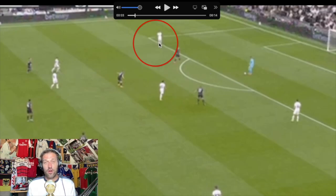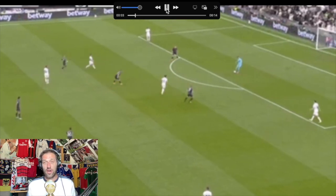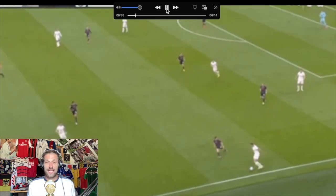You've got Romero, who is the right center back on this side, Dragusin, the left center back here. The left back is Mickey van de Ven out on the touchline, and then Pedro Porro is the right back who is sort of stepping into midfield. The holding midfielders, that would be Rodrigo Bentancur and Pierre-Emile Højbjerg, they would sort of drop into this central space to receive the ball. So Vicario goes wide out to Dragusin, it goes to Mickey van de Ven, and he